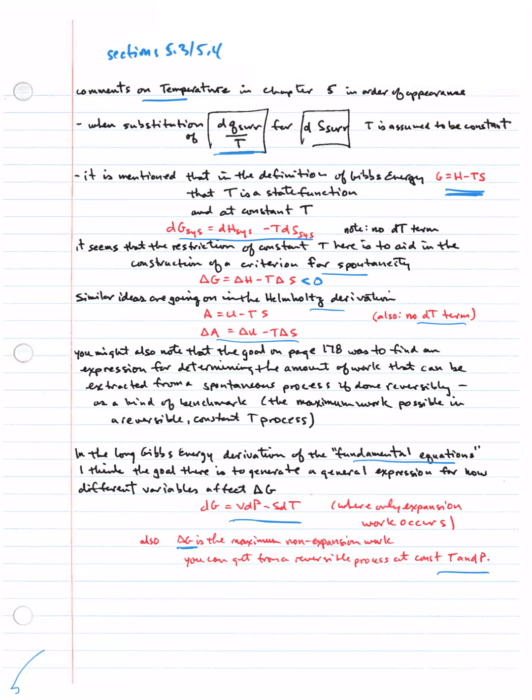So earlier we were talking about the most amount of work you can get out of a spontaneous process if done reversibly, just in general, the maximum work possible. Here, it's specifically the maximum non-expansion work. I think my overall answer to the question about enforcing constant temperature or not is: it depends on what the goal is, what information you're trying to extract. Sometimes they allow temperature to change, sometimes they require it to be constant. So let's see where we can go with